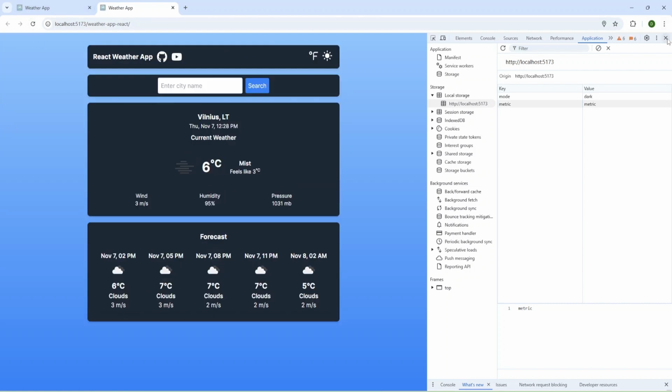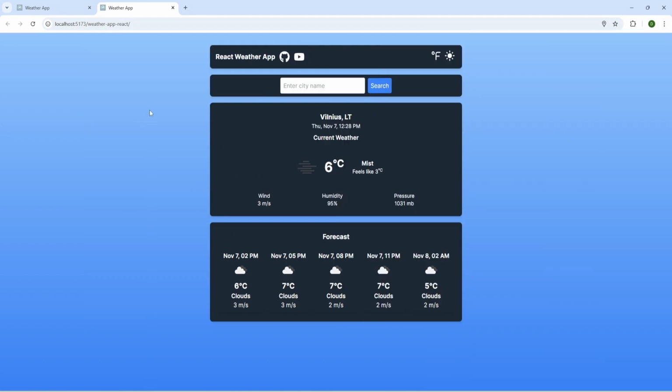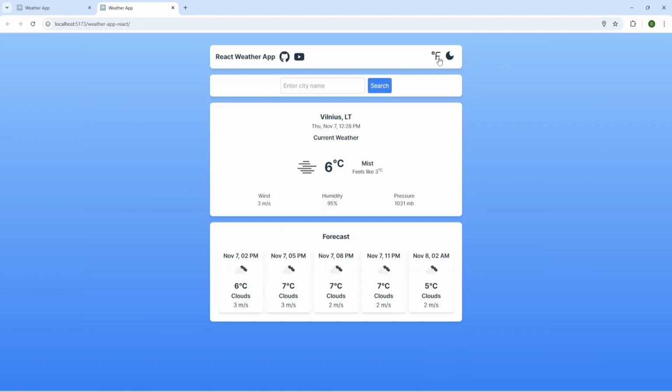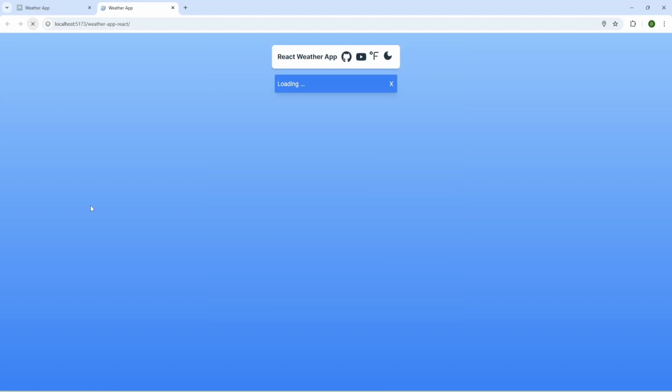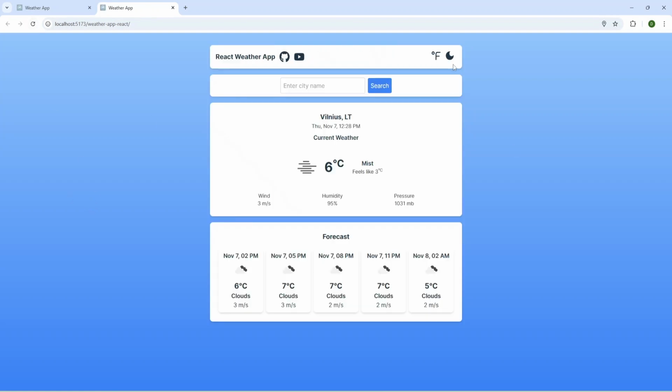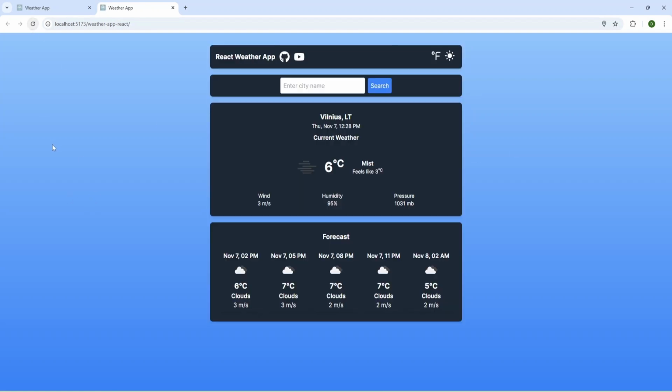Okay, I can close this panel, and let me change the setting, and we have light mode, and now we have dark mode, and let's check units, and after refreshing we have the same units, and everything is working,